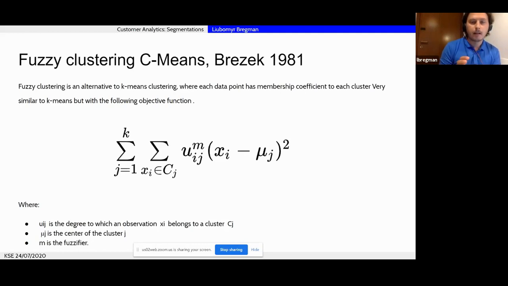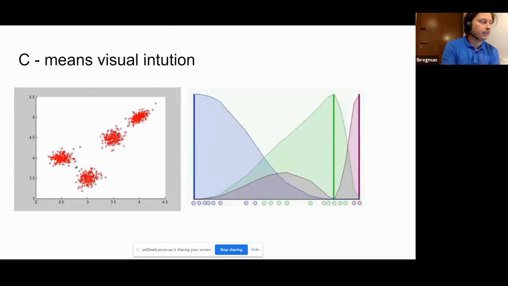And eventually, we are in a situation where no user actually belongs to just one cluster, but belongs by some degree to every cluster.